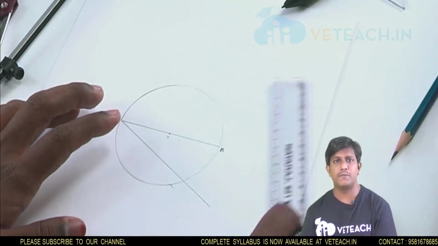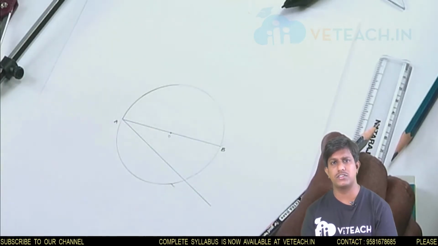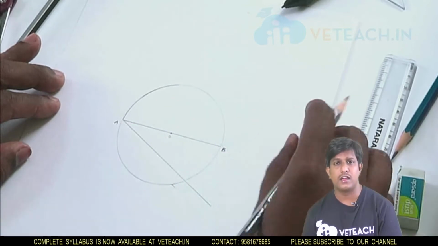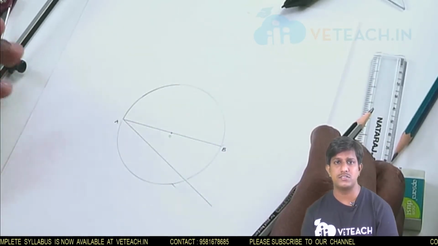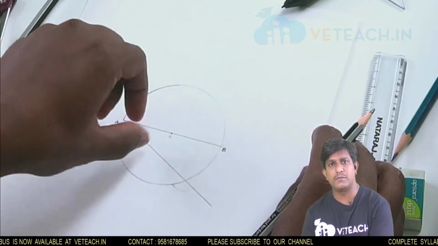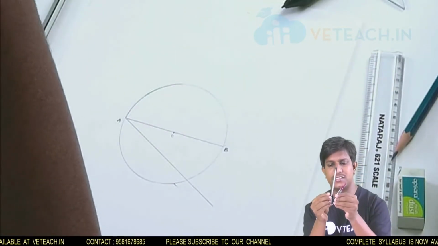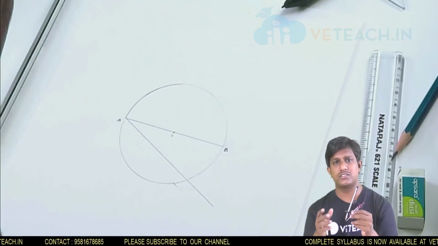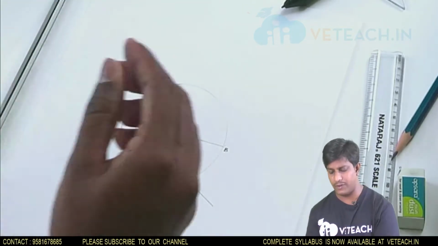Roughly I have drawn some angle. You can take your wish. In this line I am dividing the line into 5 equal parts. Why? Because he has given a pentagon. That's why I am dividing this line into 5 equal parts. Roughly I am taking a certain length, whether it is 0.5, 0.6, 0.7, 1 or 2, whatever it may be, that is your wish.